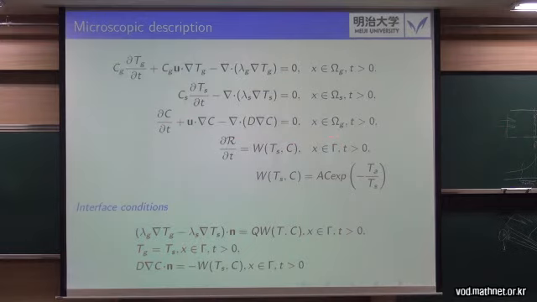So we describe a heat transport equation for the temperature in the gas part, and also a heat conduction equation for the solid part of the problem. And C here represents the mass transport of oxygen. So the kinetic equation here represents the solid product,